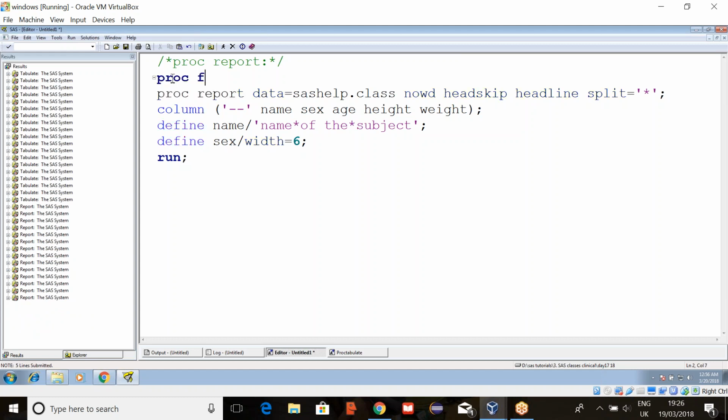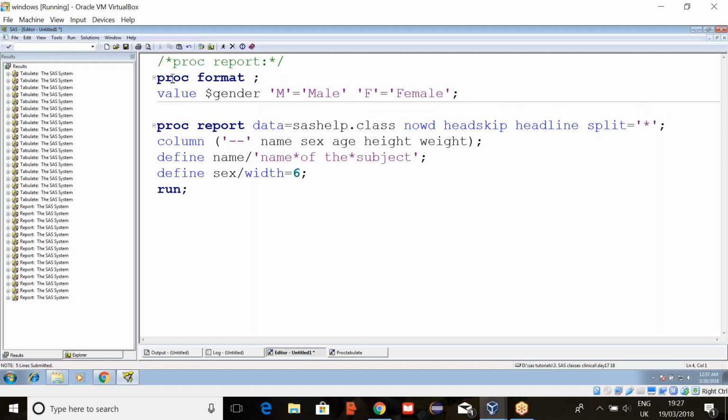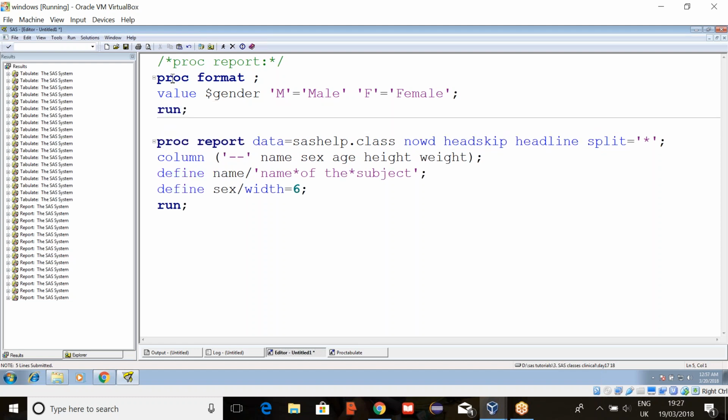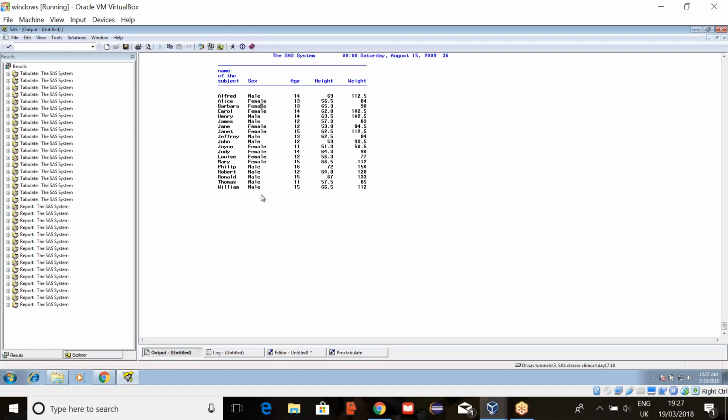First use proc format, value dollar gender, M equals male, F equals female, and then run. And use that here. Just simply write format equals to dollar gender dot. Always formats and informats we have to use with a period. Like this. See?